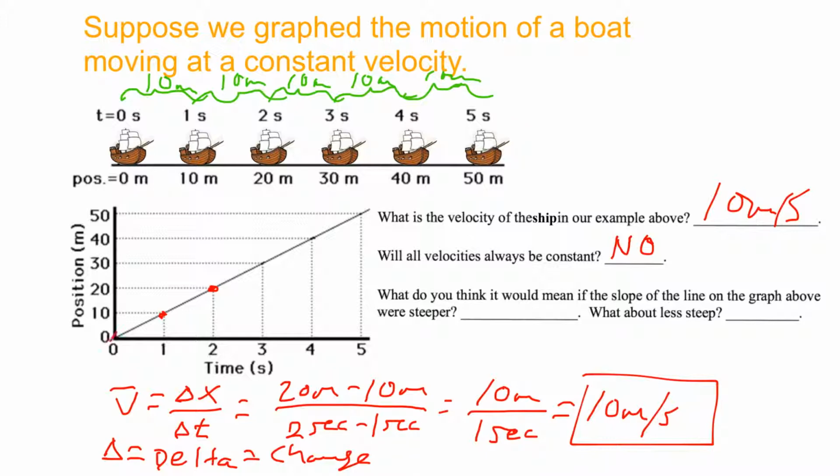So for example, if it went like this. It's still a straight line. What would you think if it was steeper? Well, let's take a look. What if we selected this point here and this point here? Alright, we would have